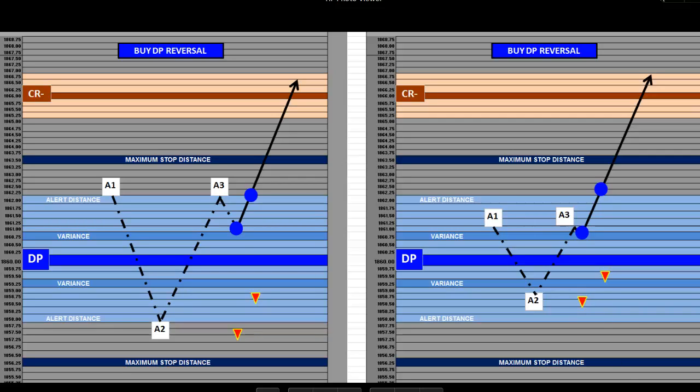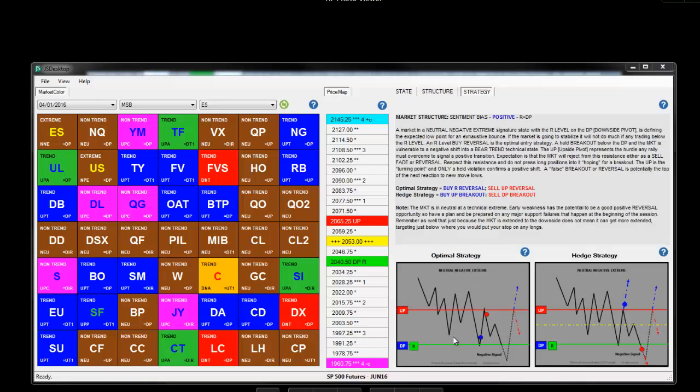So that's the strategy. The big thing about a reversal, though, is it's an exhaustive event. You could use an oscillator divergence signal, you could use a volume event. You're looking for that exhaustion. That's the key. Neutral negative extreme, the market's breaking hard, it's in an emotional state. We want it to exhaust through our figure and really have an emotional blow off and then have that V bounce and then it just takes off and goes. That's what we're anticipating. That's what we want to see happen, and if it starts to play out, that's what we want to jump on. So again, we're looking at this opportunity here, a reversal off the 20, 40 and a half level DPR